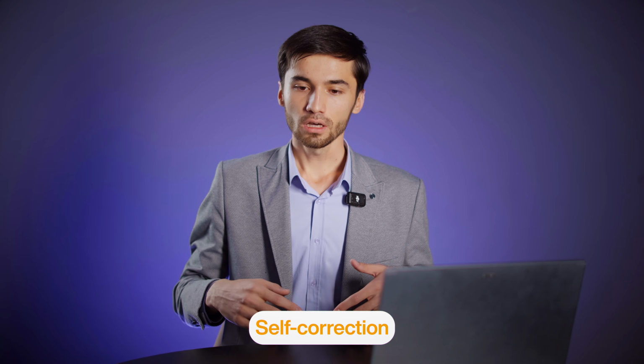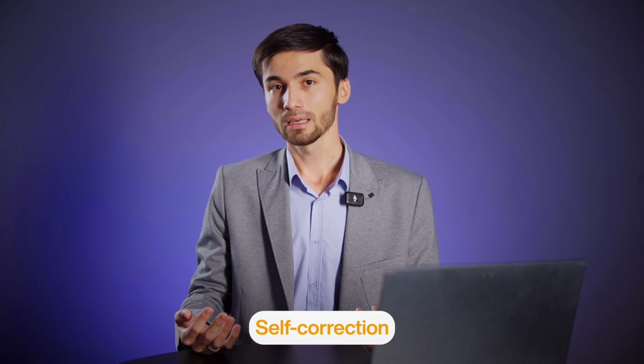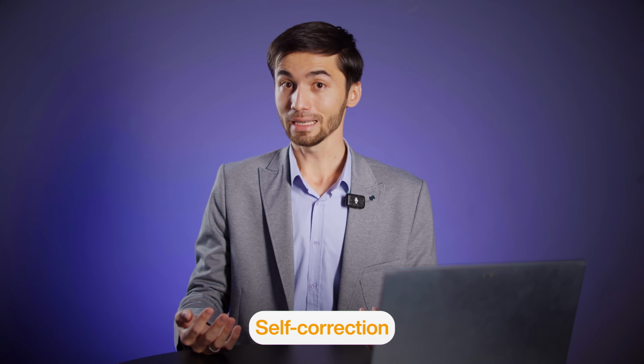In this case, you're not necessarily repeating the same thing. Instead, you're saying something, and then you're like, oh my God, I've made a mistake. I don't want to lose points for grammar, for example, so I'll repeat but correct myself. I can say, he go to blah, blah, and then I remember, oh my God, I have to say he goes, right? And this happens a lot to